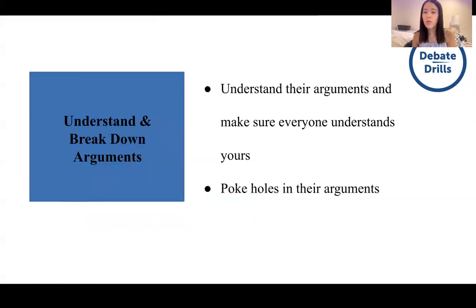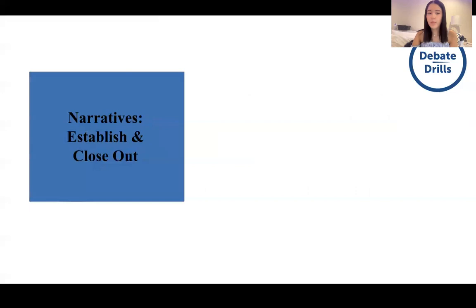You also want to poke holes in your opponent's arguments. So as they're explaining or as you're coming up with questions, you want to ask about the probability of, for example, them reaching their impact. A lot of times public forum debaters will read these huge magnitude impacts that are never actually going to happen. And you really want to press them on the probability of why that's going to happen. You're also going to want to clarify any framework that might have been brought up in constructive speeches before getting into rebuttals so that you have that established foundation early on.